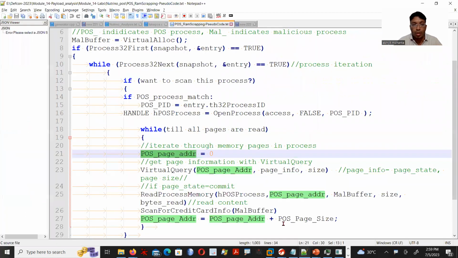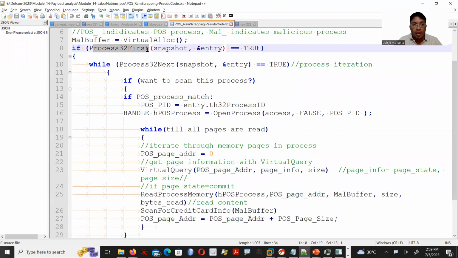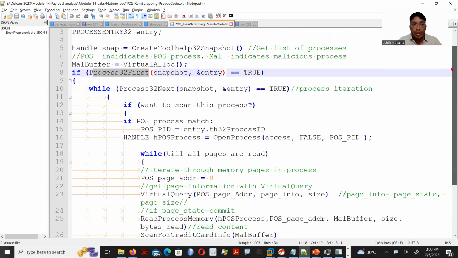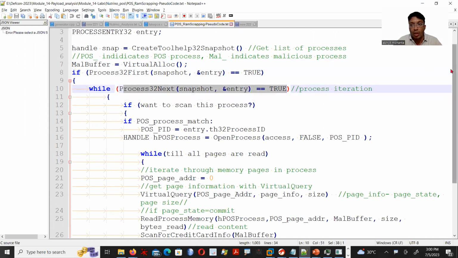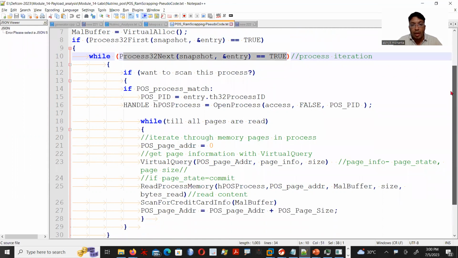So let me show this pseudocode. Basically, for this process, CreateToolhelp32Snapshot is going to get the list of processes, and then Process32First checks the first process, if it is blank or something. Then Process32Next is going to iterate through all the list of processes retrieved from CreateToolhelp32Snapshot, and for the processes of its concern, it is going to open those processes,